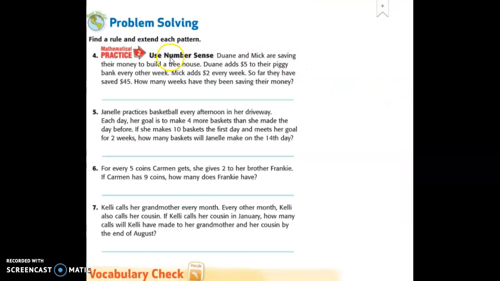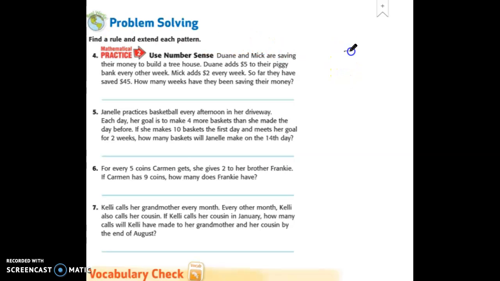So now let's look at the word problems that are on the back. We've got Dwayne and Mick are saving their money to build a treehouse. Dwayne adds $5 to their piggy bank every other week, Mick adds $2 every week. So far, they have saved $45. How many weeks have they been saving their money? So this is a little bit tricky because you've got every other week and every week. So basically, without giving away too much,